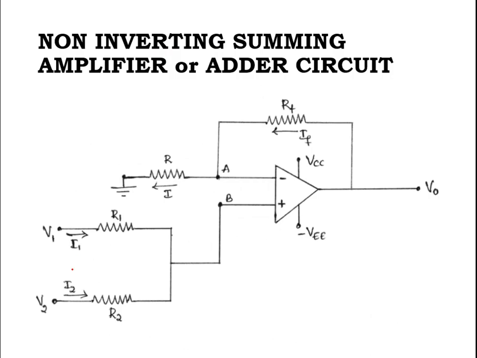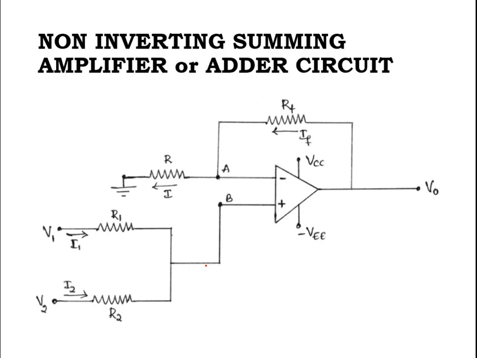Similarly, you can consider a non-inverting summing amplifier or adder circuit. As the name says, in a non-inverting summing amplifier, all the input voltages that need to be added must be applied to the non-inverting terminal of an op-amp, with the inverting terminal connected to ground with the help of a resistor R. Here the total number of applied input voltages is 2, and these two applied input voltages are added with the help of the non-inverting terminal of an op-amp. So this is the circuit diagram of a non-inverting summing amplifier for adding two input voltages.